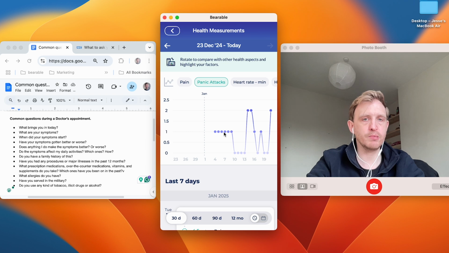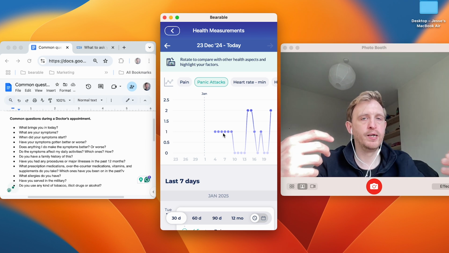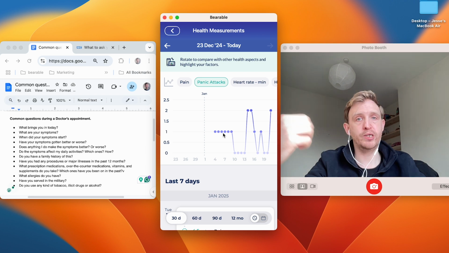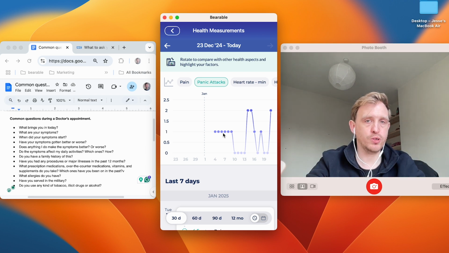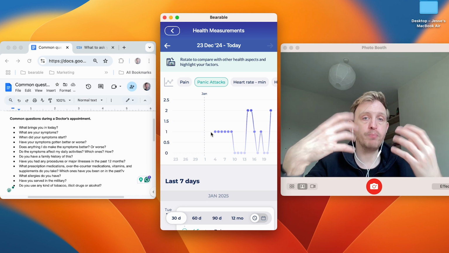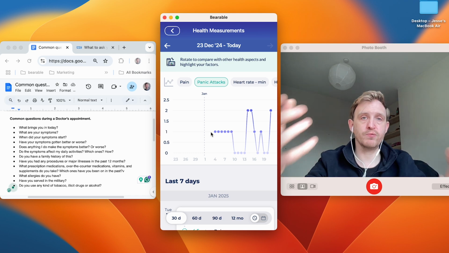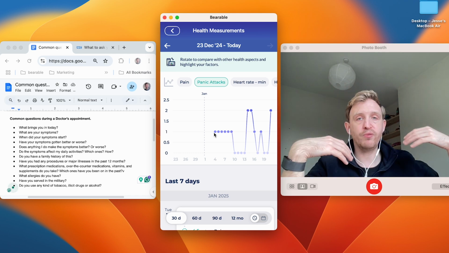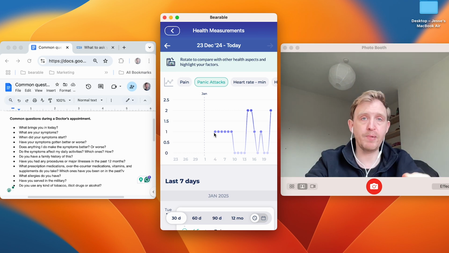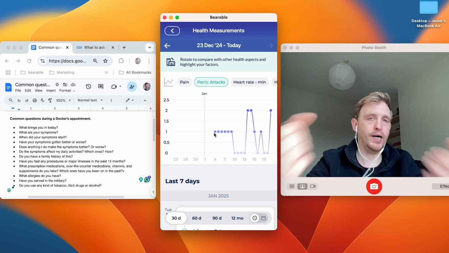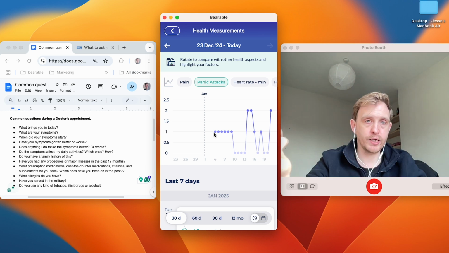I didn't really experience them at this level, but this is just to illustrate that you can track the frequency with which you experience symptoms and click into the reports for custom health measurements to very quickly and easily represent changes in frequency of symptoms to your doctor. So again, if a doctor wants to know the frequency of a priority symptom, if you went to see your doctor about panic attacks, this would be the way to show them very quickly and easily how often they occur, at what level they occur.